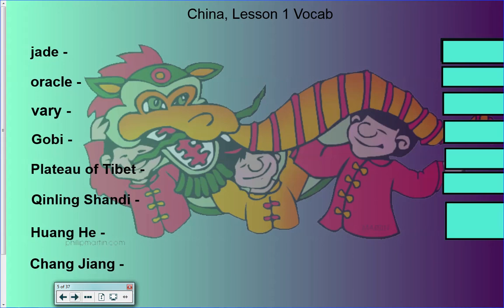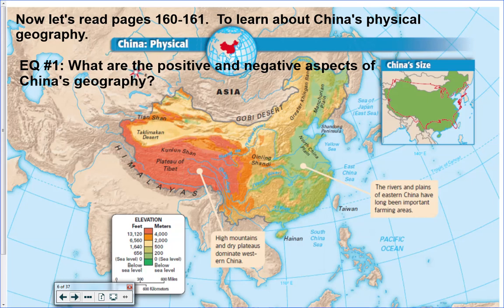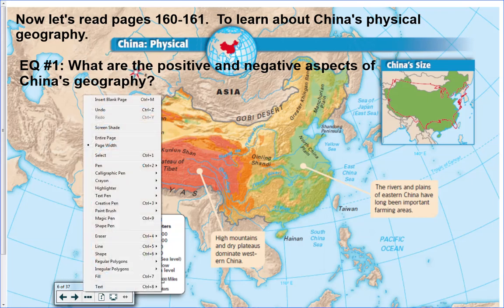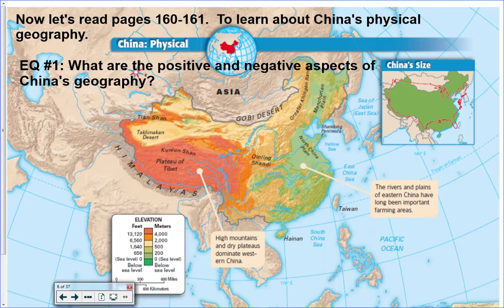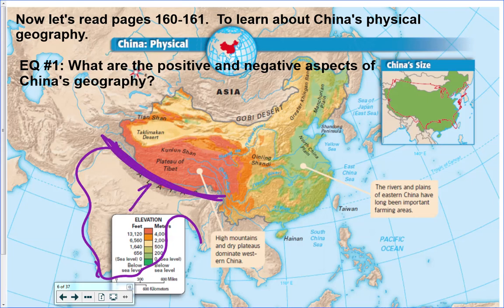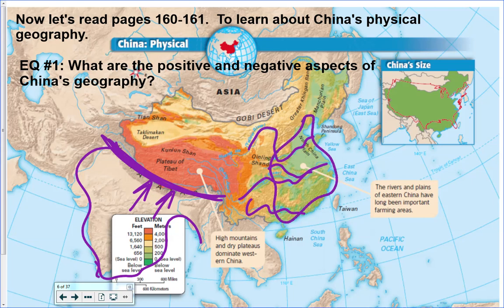In class, we did them all in blue. Here's a map of China right here. Now, I want to point a couple of things out to you. First of all, here's India down here. Even though there were lots of civilizations in India, the Himalaya mountains created a huge barrier, and so nobody hardly ever went into China. Chinese civilization centered along these rivers over here. This is where the main part of Chinese civilization was located, in the northern China plain. So you see, China was separated by the Gobi Desert here, by these mountains and deserts here, and by these mountains here. So China was a very isolated